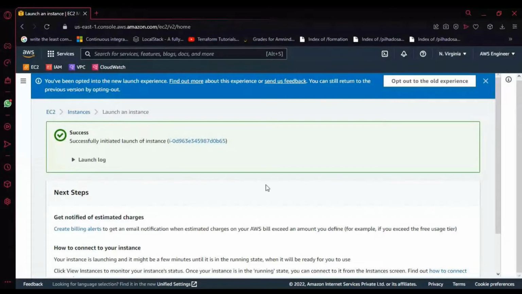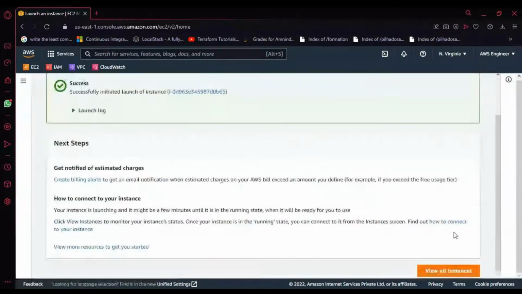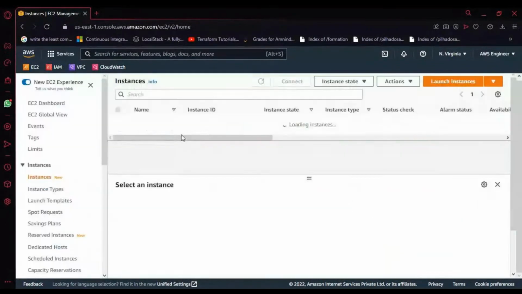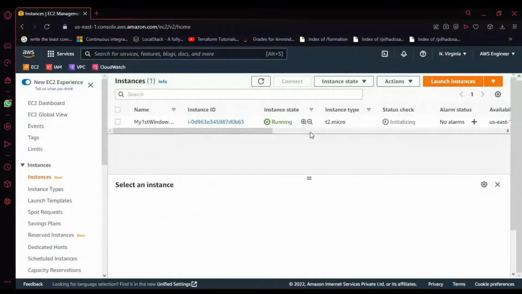Sorry for the interruption. So we will click on View all instances. It will take us to the page where we have created our first instance. So if you can see that